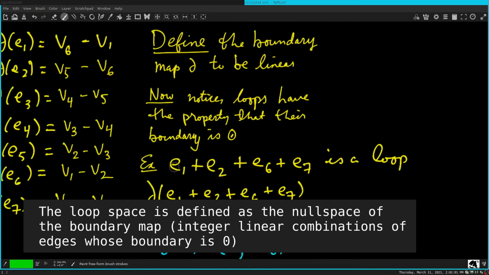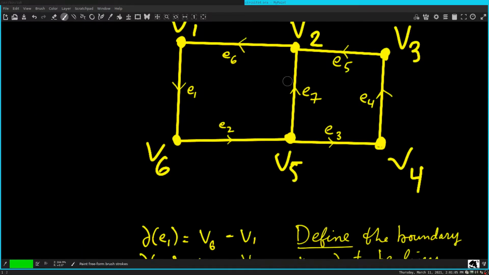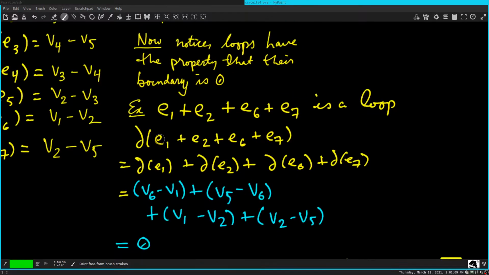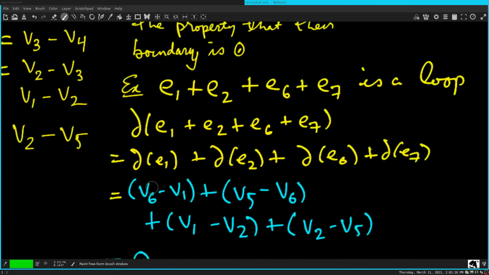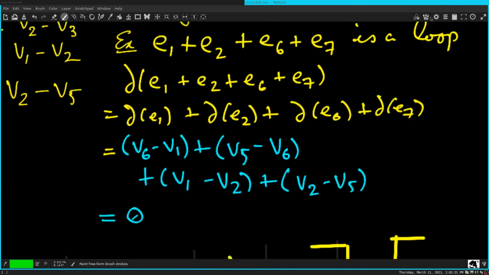So for instance, I just went over this: E1 plus E2 plus E6 plus E7. That is a loop. You take its boundary map, boundary of E1 plus E2 plus E6 plus E7. Well, by linearity, you can just take the boundary of each of those and add them up. So boundary of E1, that's V6 minus V1, plus boundary of E2, that's V5 minus V6. Boundary of E6, that's V1 minus V2. Boundary of E7 is V2 minus V5. And you notice,